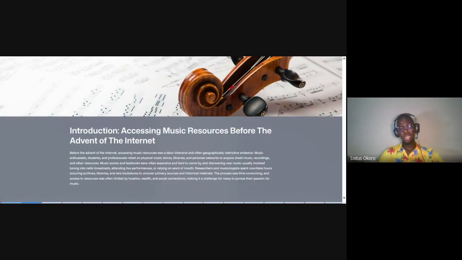All right. Introduction: accessing music resources before the advent of the internet. Before the internet, accessing music resources was so much more labor intensive and geographically restrictive. So let me take you back through history, or back to my childhood days, and back to the early,